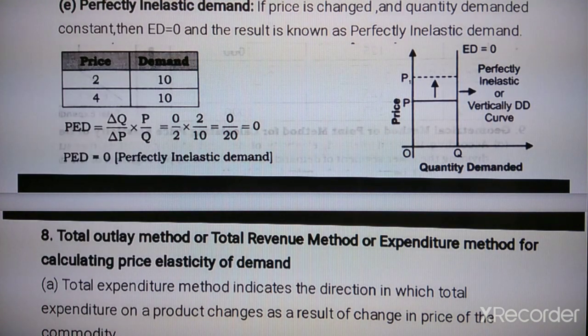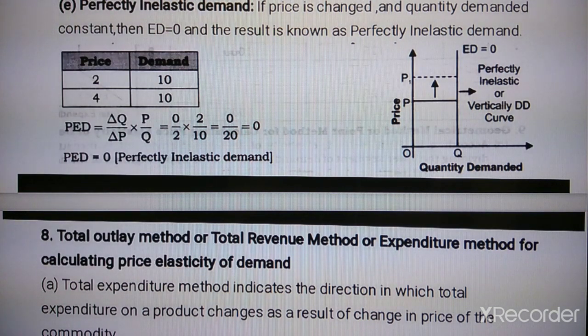So this is called perfectly inelastic demand. First see the graph on your screen, right? It is a line parallel to the y-axis. If you see, the quantity demanded remains the same and the price is changing. Got it? So the quantity demanded is OQ. Initially the price was OP, the quantity demanded is OQ only. When the price has changed from OP to OP1, the quantity demanded still is what? OQ. That means price is changing, quantity demanded remains the same. So this shows what? Perfectly inelastic demand, right? It is a line parallel to the y-axis.